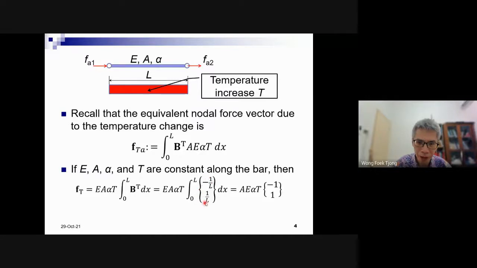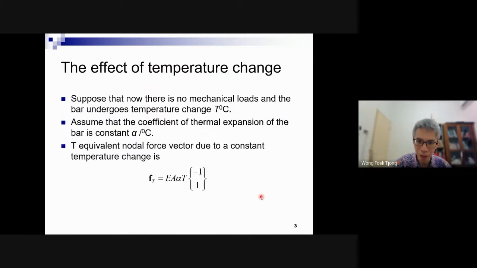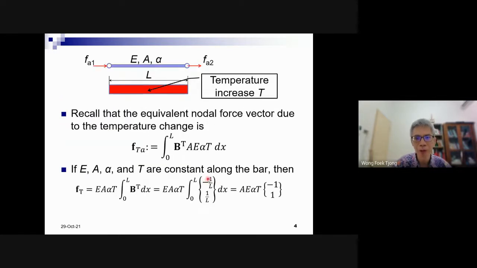But we see that these are also constants, so we can take them outside the integral, and the integral is just the integral from 0 to L of dx. What is the integral from 0 to L of dx? It is nothing else, so we can make this. That's proven already, okay? So that's proven. What does it mean? It means in the finite element computation, we convert the effect of the temperature to become nodal forces, given by this formula.